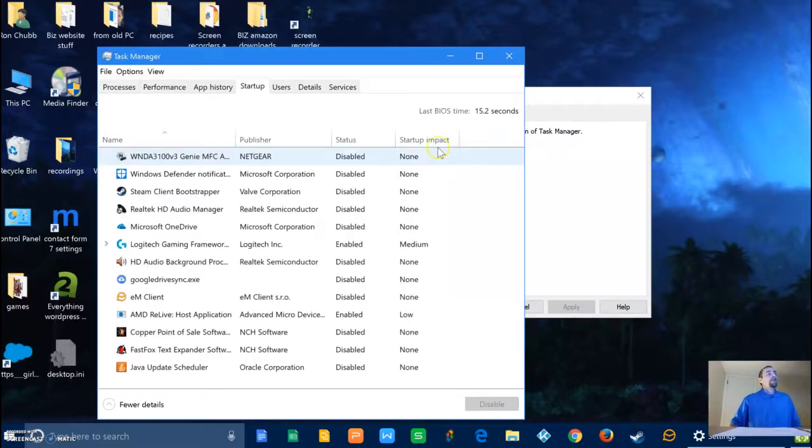When you get here, you're going to see a bunch of items in here. These are all the items that start up with your computer. You're going to want to disable everything here except for your antivirus. As soon as you click on an item, just click Disable and go from there. When you're done,